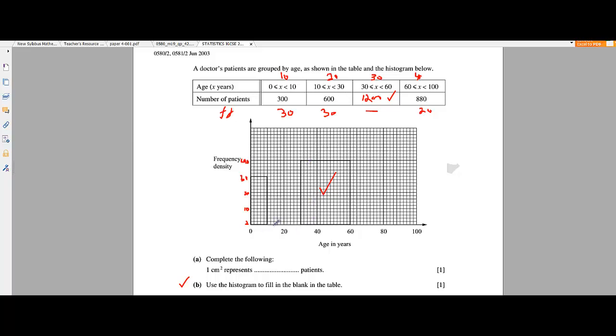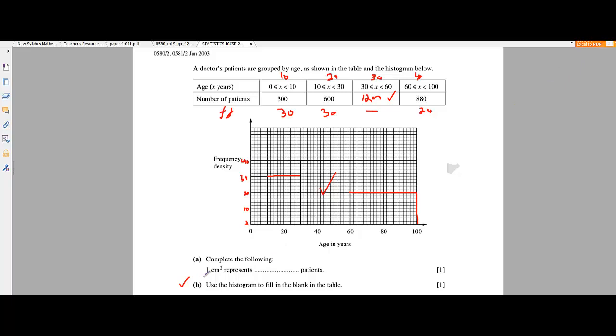Look here, the second bar is from 10 to 30, that will come over here, 10 to 30. What is the height? 30, so that will also be here, 30. This is the bar, and this last one is 20. 60 to 100 is 20. Where will 20 come? 20 will come over here. The bar will be over here. This is the bar. Okay, so we did this C part as well. So we have drawn the whole histogram here.